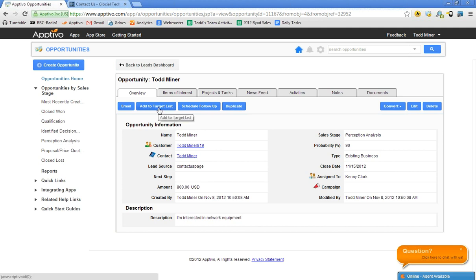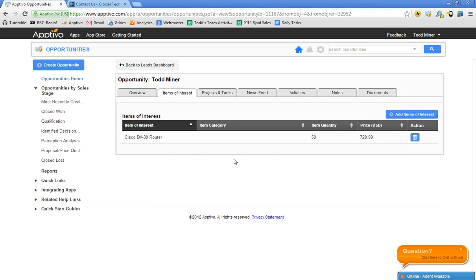You could move them over to a drip marketing campaign, so you could send it over to your marketing applications. You could quickly schedule a follow-up with them, anything like that. But let's say in the best case scenario, they actually want to buy more products. So once again, we'll notice if we hop over to the items of interest, we already have the products available